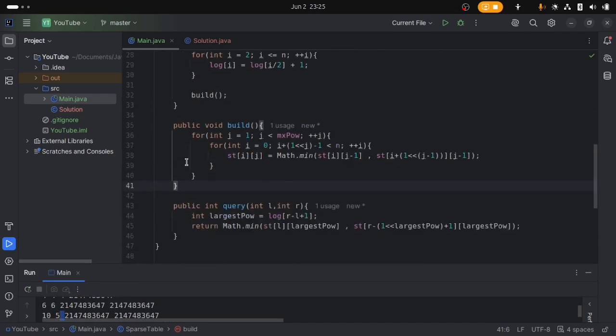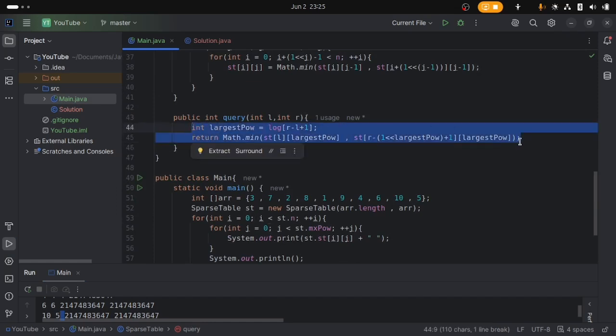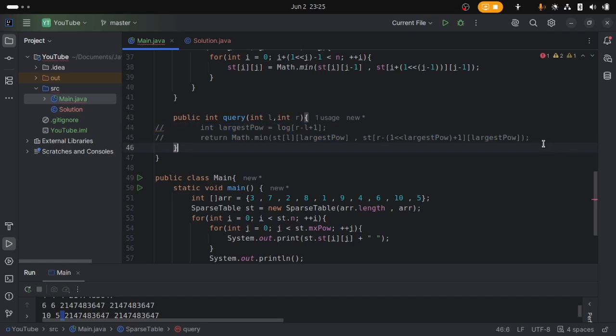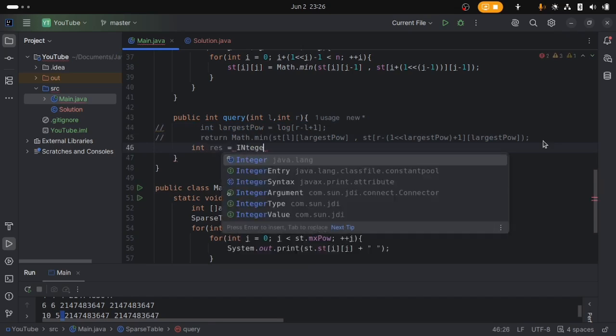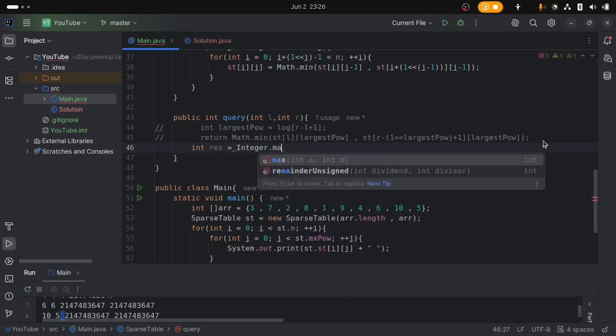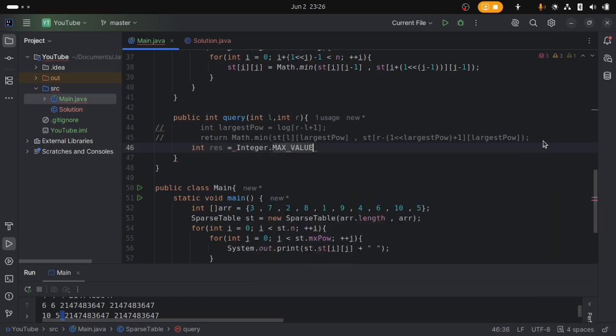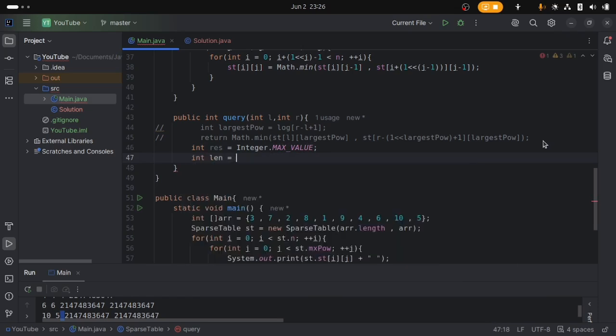This is our constructor, this is build, this is query. One more key function I would like to mention. As explaining, I showed that we will iterate over the powers of 2. How we will do that? See, create an integer s equals to Integer.MAX_VALUE. Okay. Now let's calculate the length. Length equals to r minus l plus 1